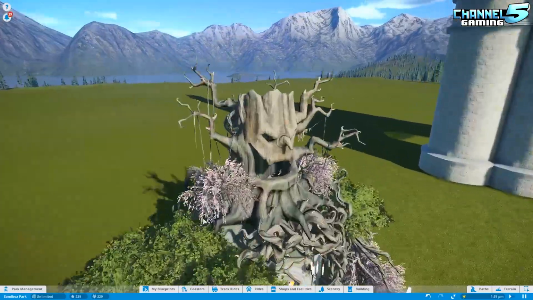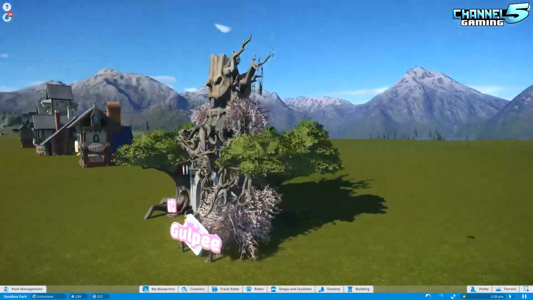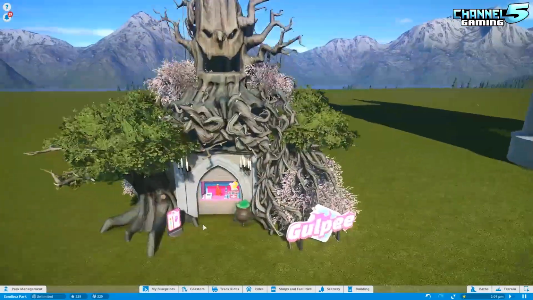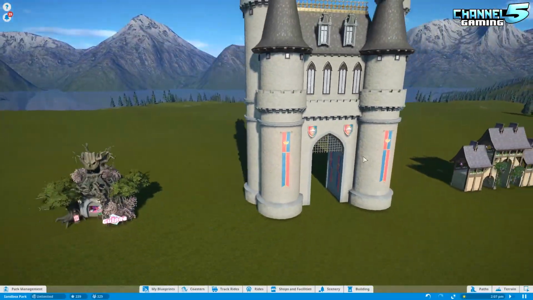Nice little house. This one's great. It's more of like a scenery piece with overgrown trees on it. Really cool. And it's selling Gulpy. This one's a little bit strange because it's not really...